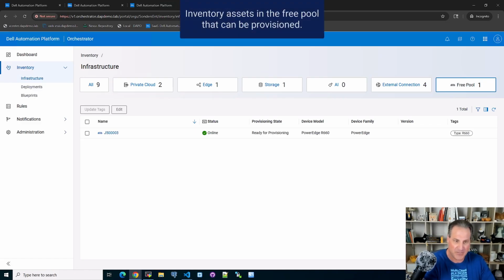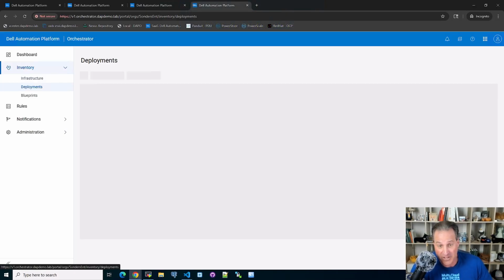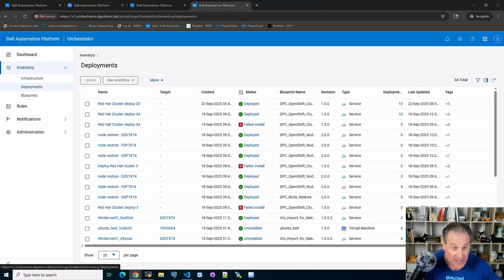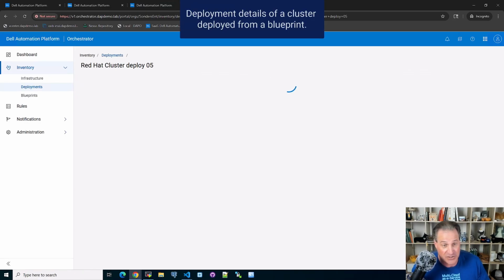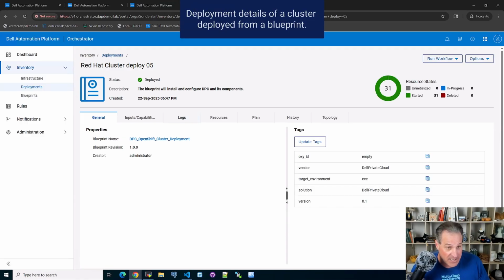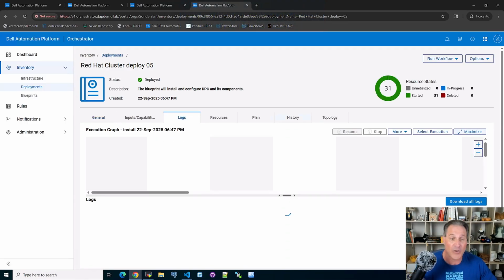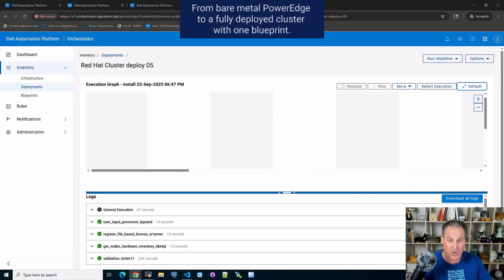And then over to the free pool, I have one PowerEdge because I've used them up for other outcomes. I have one PowerEdge that's ready to be provisioned, maybe to add or expand a cluster. I can do anything I'd like with it. So now let's jump over to the deployments tab and let's drill into this Red Hat cluster that we deployed previously. So from the general tab, I'll go over to the logs tab,